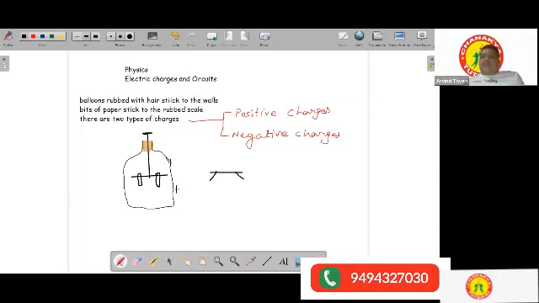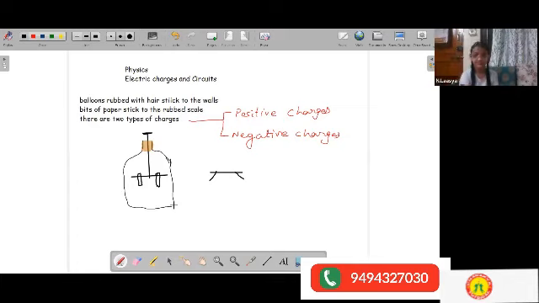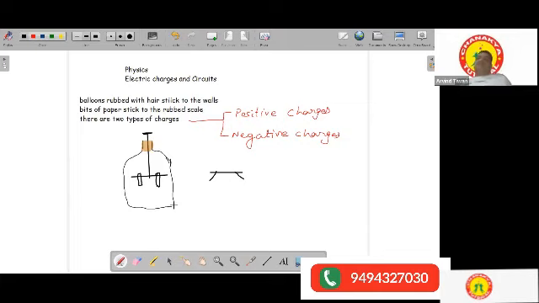Now you will observe that these two blades move away from each other. We have been taught in our earlier classes that similar charges repel each other. So that is what is happening over here. When you bring the scale in contact with this surface, all the charges which were accumulated on the scale while we rubbed it on our hair